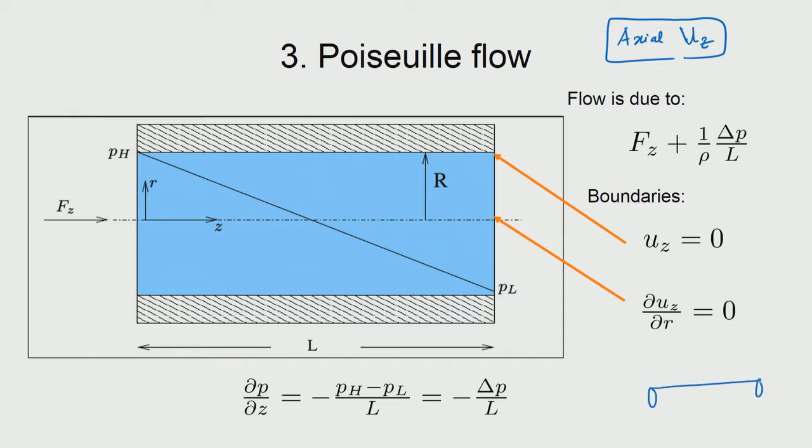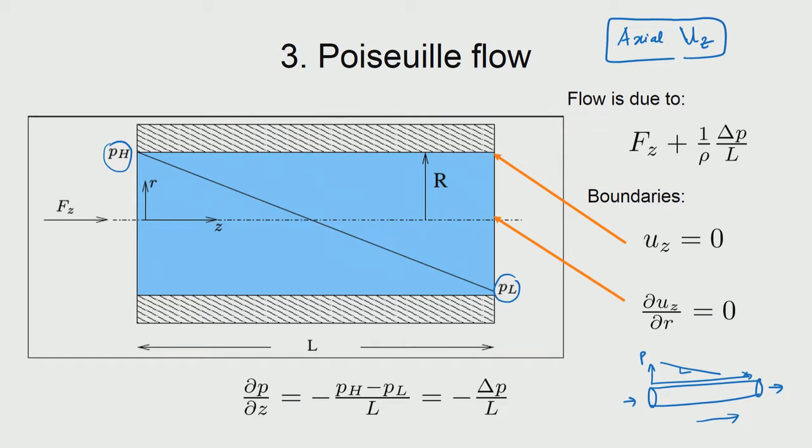So, you have a pipe and liquid is going through that, and the reason why it is able to go through is because either there is a body force that is acting along the length of the pipe. So, in situations where the pipe is vertically kept, because of the gravity the liquid will flow through that. That is one way. Another way is that there is a pressure gradient along the pipe. So, when you have a high pressure here and a low pressure there, because of the negative slope of pressure, you have velocities in the positive z direction. So, that is what is indicated here in terms of pH and pL.